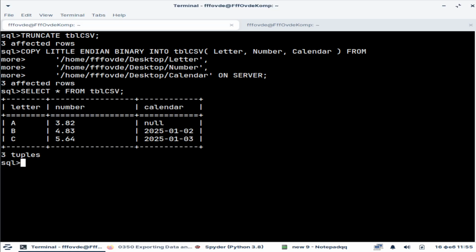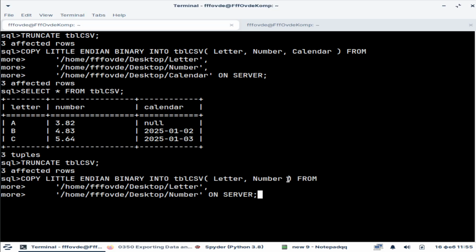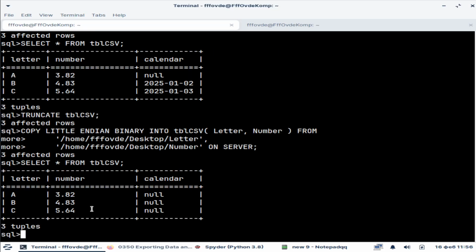I will again empty my table, and then I will show you that we can also insert only 2 columns if we want to. This time I'm declaring only 2 columns for our table, and I'm using only 2 binary files. I will run this, and then we can read from our table, and we will see that the first 2 columns are filled with data, but the 3rd column is empty. I will again